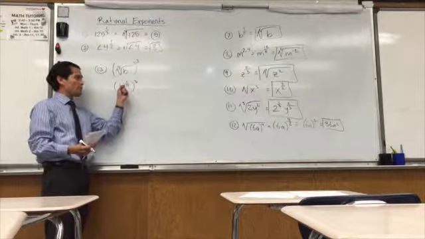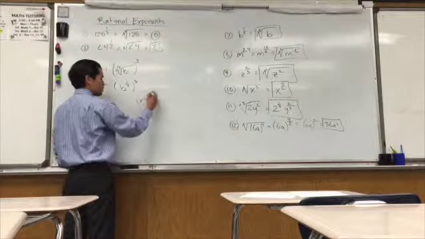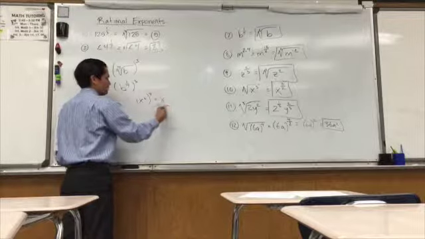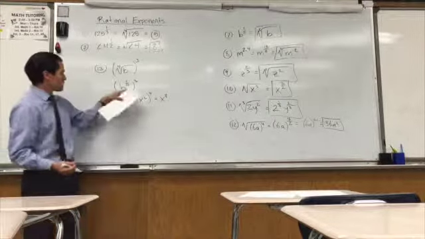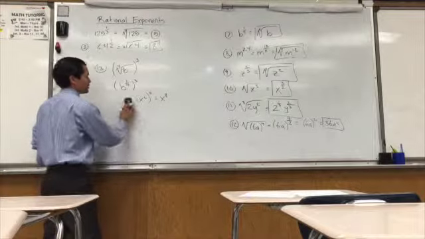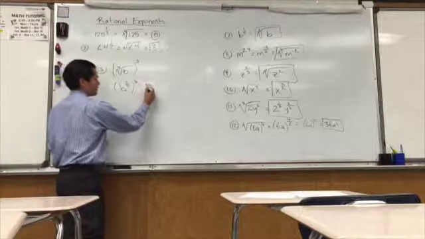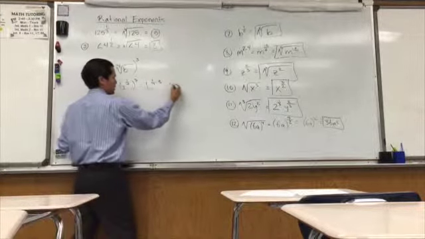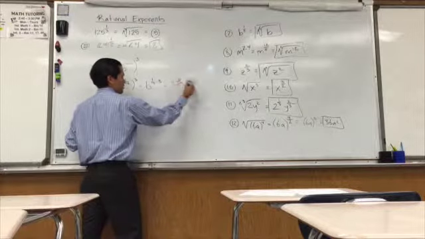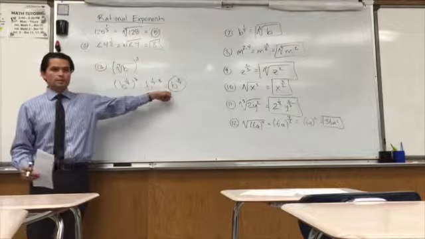The rule for a power of a power: whenever you have a power and you raise it to another power, multiply the exponents. So this one will be the x to the 8th power. Same thing here. Multiply the exponents. b to the 1/4 to the 3rd will be the same thing as b to the 1/4 times 3, which is b to the 3/4. That is the same as